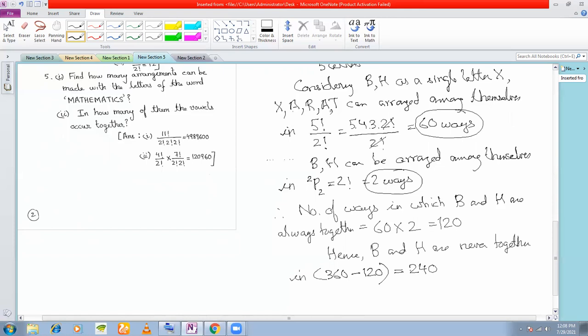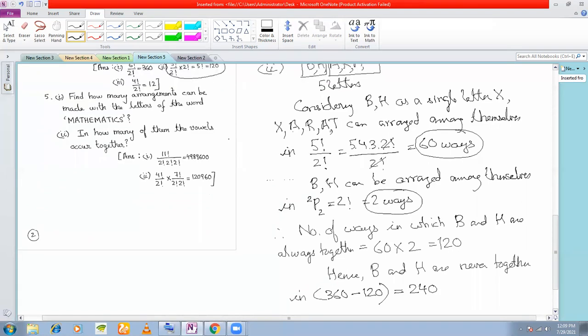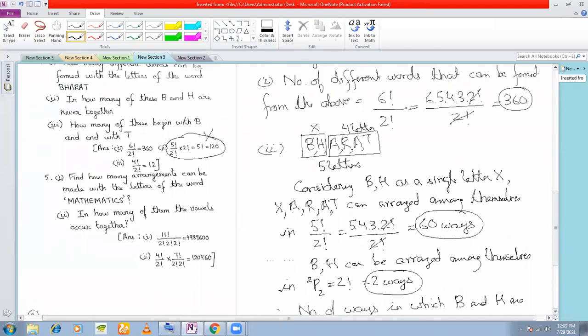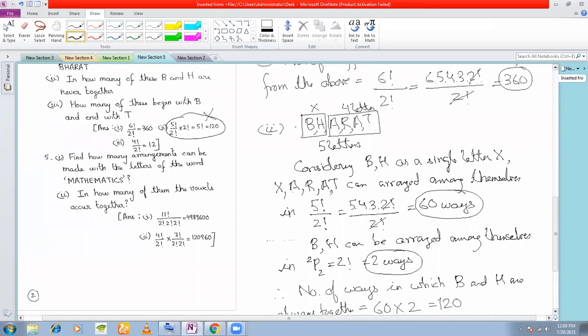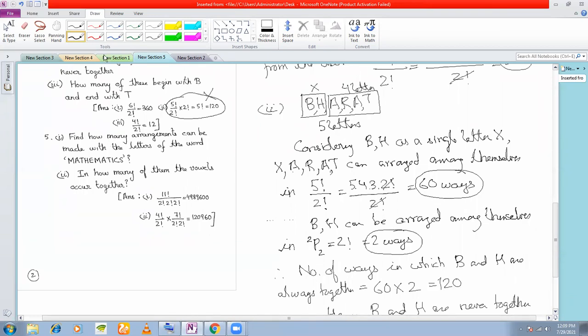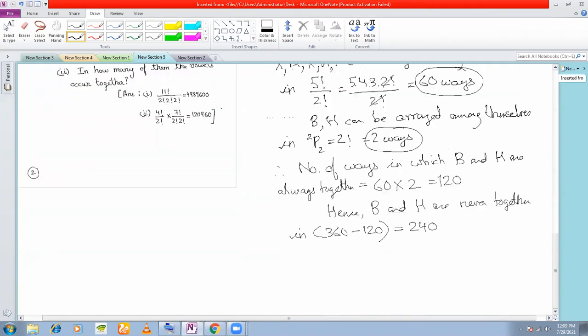Clear with this problem? We have done this kind of problem earlier also, but their letters were not repeated. But the logic is still the same. Now you understand? Yes, sir. Okay, now we had done this same problem where the letters were distinct. Here the letters are repeated, so you just have to be a little careful to see which letters are repeated and how many times the letters are repeated.